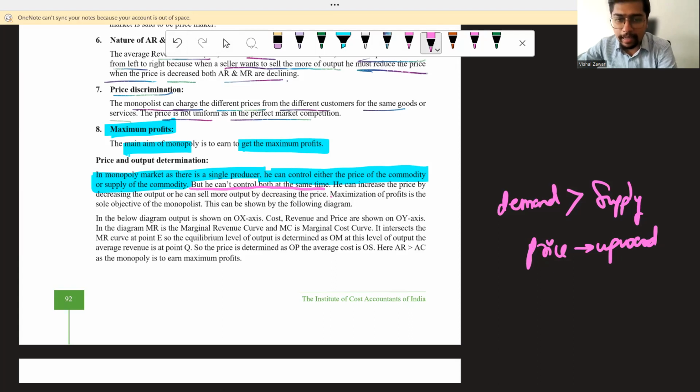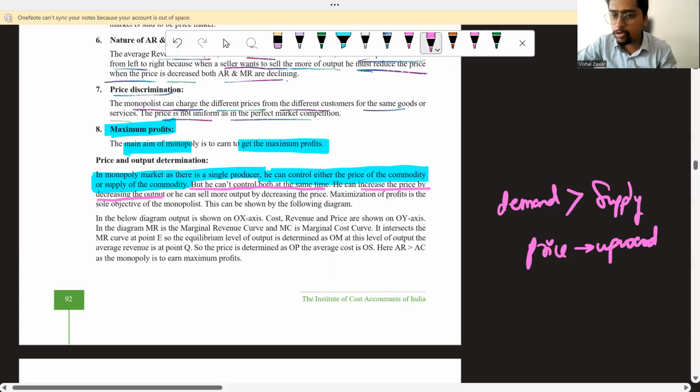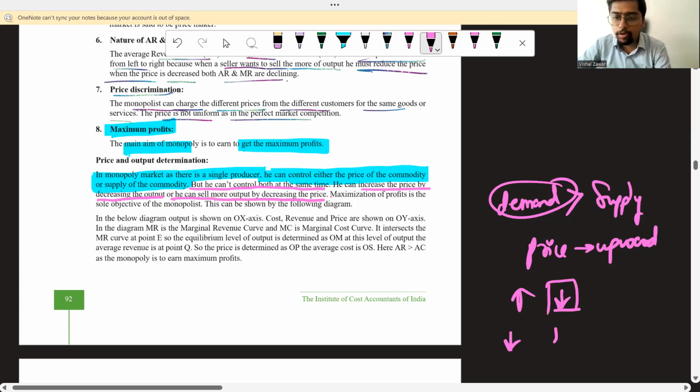So what he can do is he can increase the price by decreasing the output. आप अगर प्राइस बढ़ाओगे ऑटोमेटिकली इट्स गोइंग टू इम्पैक्ट द डिमांड। सो आप प्राइस बढ़ाओगे, डिमांड घटेगी। और अगर आप चाहो तो आप प्राइस कम करके ज्यादा बेच सकते हो। मतलब प्राइस बढ़ाओ, ऑटोमेटिकली सप्लाई कम कर दो, आउटपुट कम कर दो, या प्राइस कम कर दो और सप्लाई को बढ़ा दो।